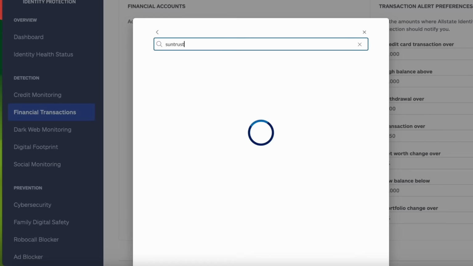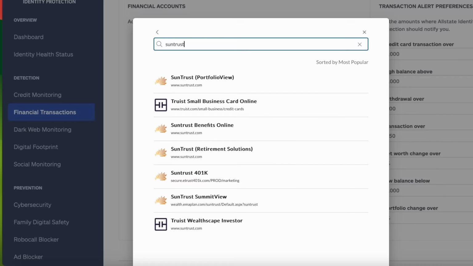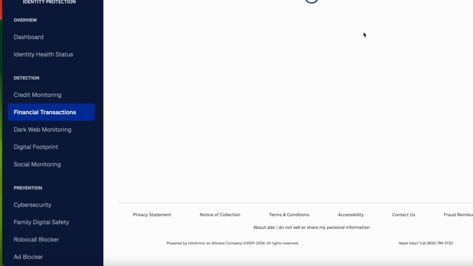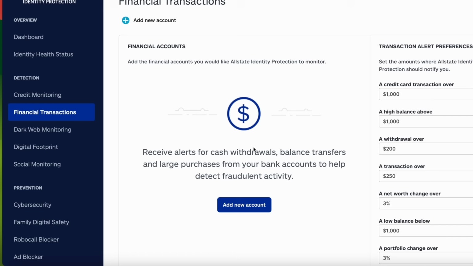You can look up any bank. I just made that one up. It's an actual bank. All right, yeah, so you can look up any bank, and then you select that, and when you do select it, it's going to allow you to connect your account. It's going to ask you to do the login trust thing. So you basically allow the Allstate Identity Protection account to trust your bank or financial account,